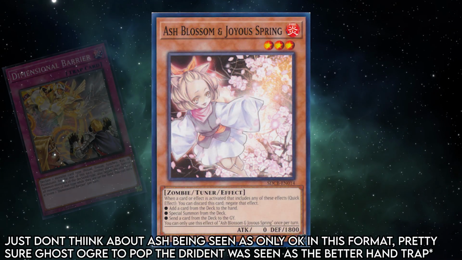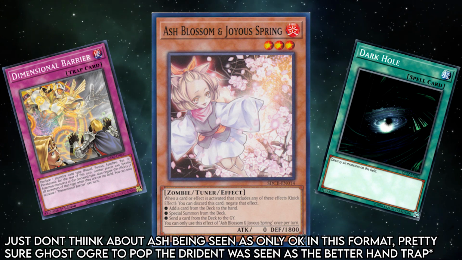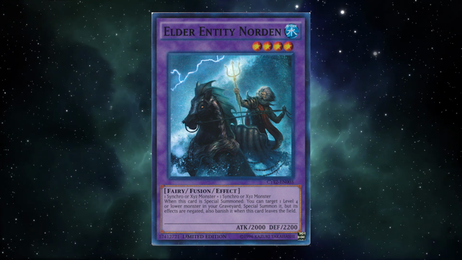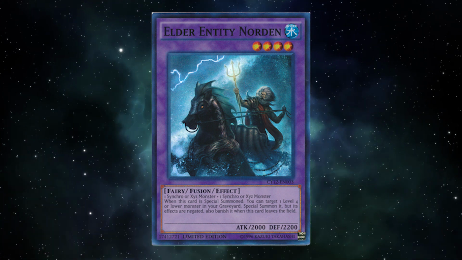Cards like Ash Blossom, Dimensional Barrier, Dark Holes, whatever they wanted to break boards or stop plays, and as long as they saw a single Zoo monster, they could draw a few extra cards to get some solid bits of disruption to end boards. This would ultimately be the end of Norden, and it was banned in June of 2017,